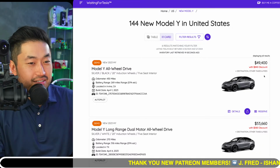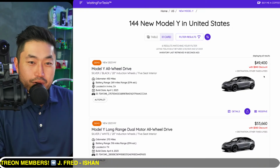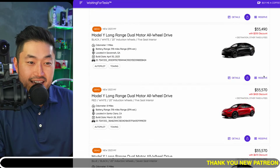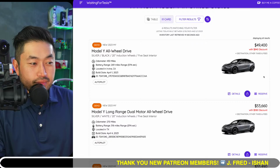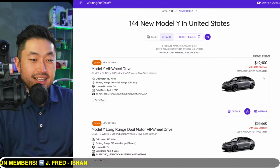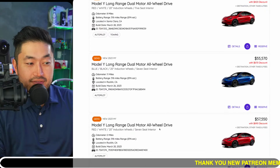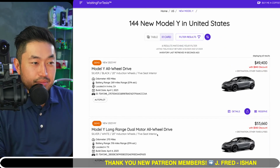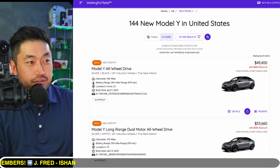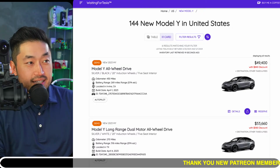You can see right here on the screen, right smack dab in the middle, there's one in Irvine, California with a $840 discount. So the weird thing here is I would say Tesla inventory usually is not at complete zero or selling out really fast unless all these demo discounted vehicles are sold. And what's even more interesting is a lot of these vehicles, at least four out of the 8 or 6 of them, are in California, where California is traditionally a very hot market for the Tesla vehicle. And so the fact that there's discounted vehicles on the website right now,